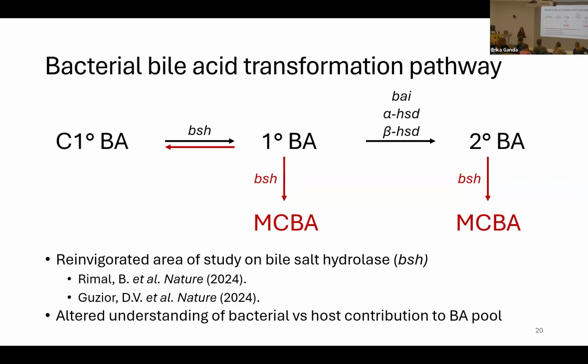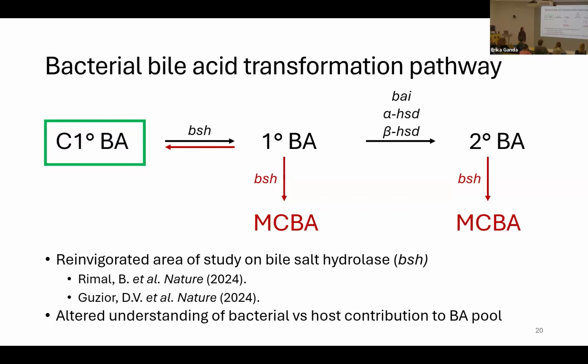And so this was an increasing complexity of the bile acid transformation pathway, and is important to think about when we're designing synthetic communities with predicted bile acid pool production. Moving forward, I will be talking about experiments that provided conjugated primary bile acids instead of unconjugated, because we wanted to get a better sense of the entire bile acid transformation pathway. What really happened was that we tried to design a community with predicted secondary bile acid production, and it didn't work. And we found that this step maybe was what was missing.